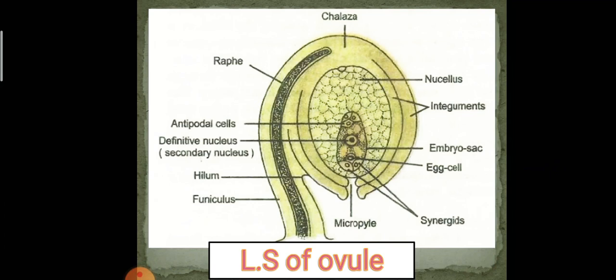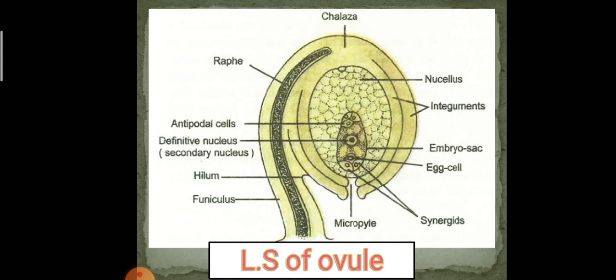Here you can observe a small opening, known as the micropyle. That is an empty region, like the germ pore in pollen grains. Exactly opposite to the micropyle end is the chalazal end. The chalazal end is the origin of the integuments. Here you can observe the integuments, one present on the outer side and one on the inner side of the nucellus. So there are outer and inner integuments, two integuments here.